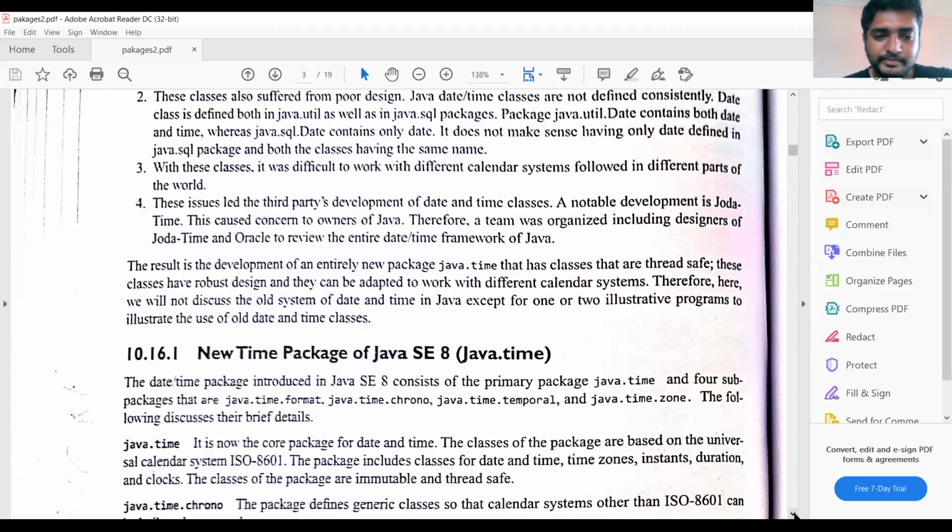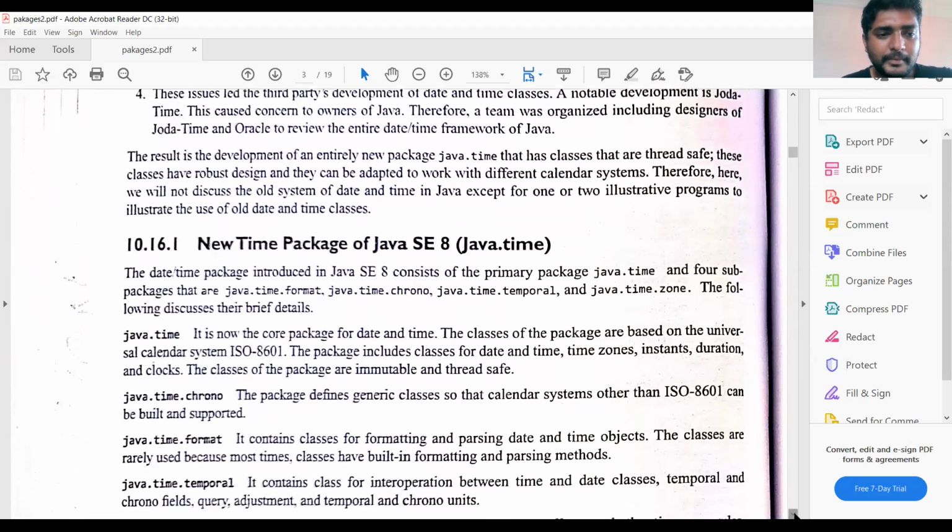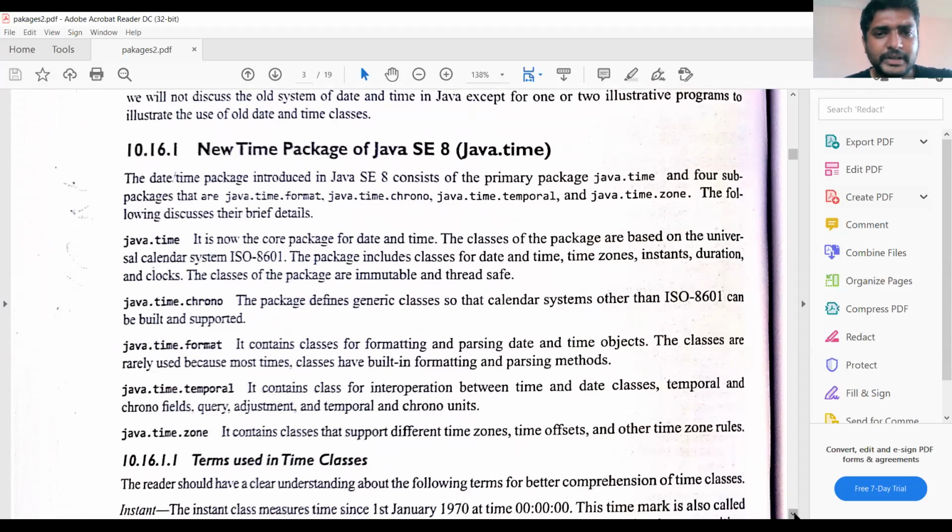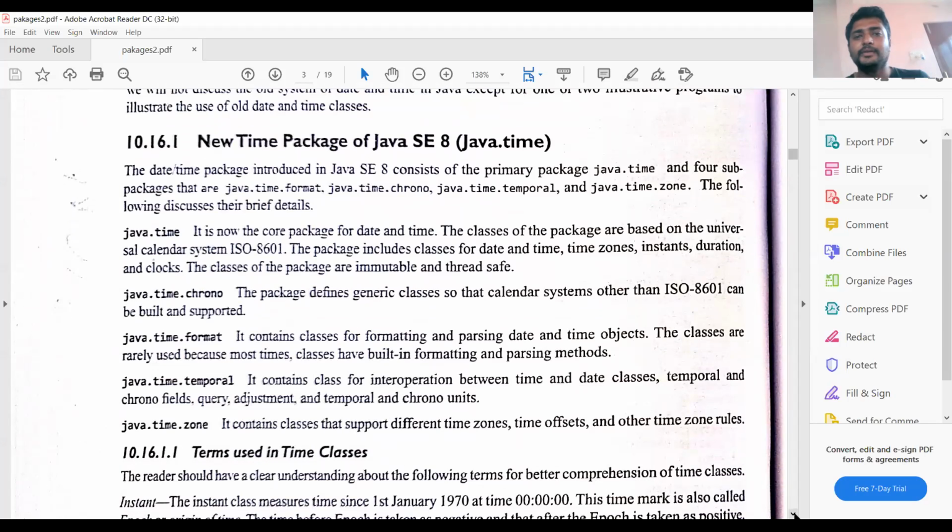Let us have some terminology regarding these times. If you want to work with time, you have to cope with the real-time naming conventions also. Why? Because we are using object-oriented programming, so we have to name each and every object. The naming should be familiar to the programmer. Let us see this one.